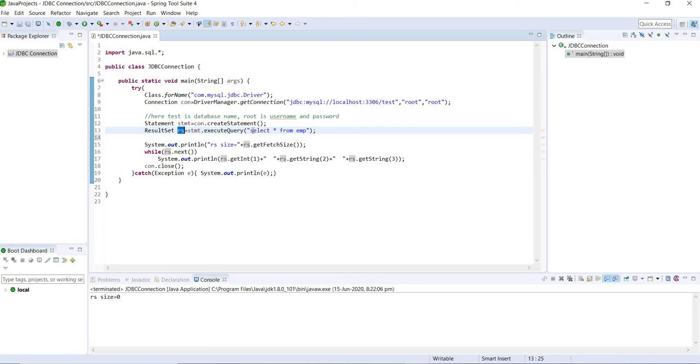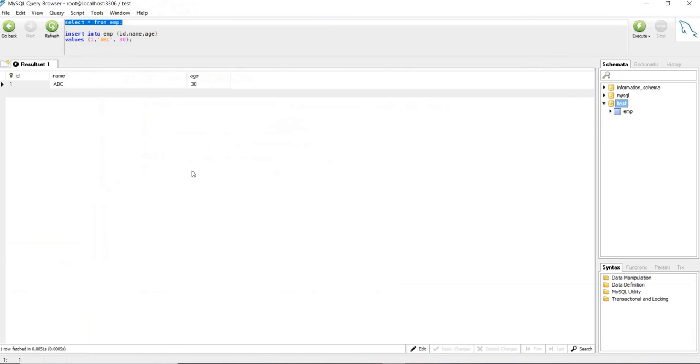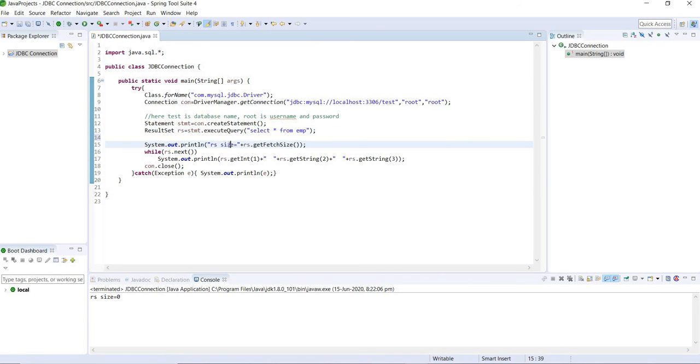What we are doing here is select star from EMP. That means we should get this record here in our program and we should be able to print it. So let's try to run this program.